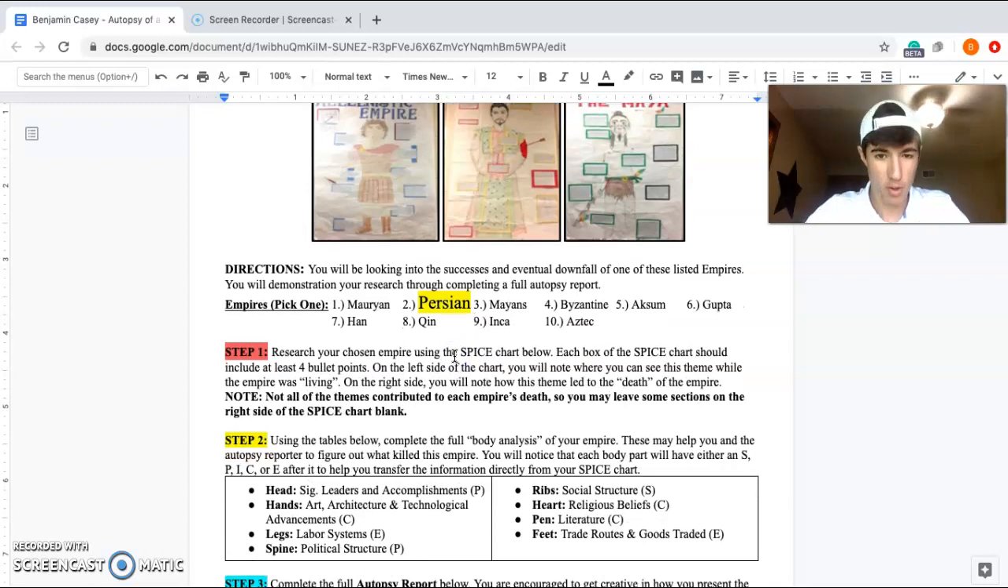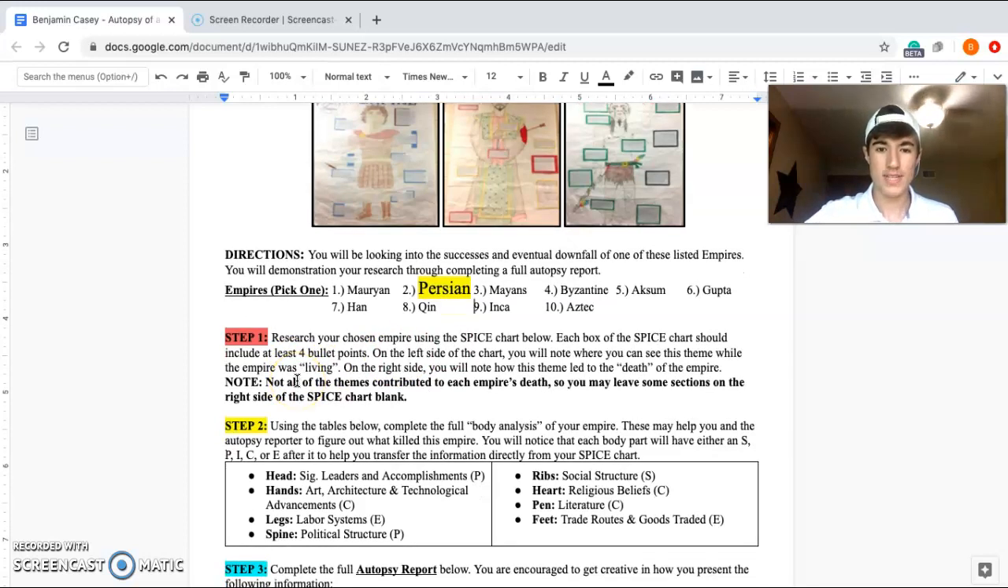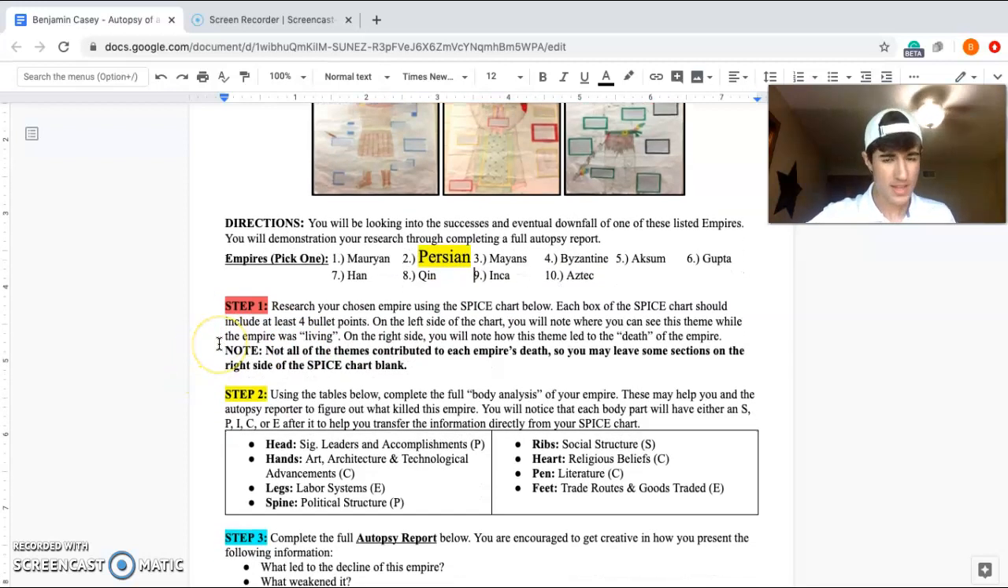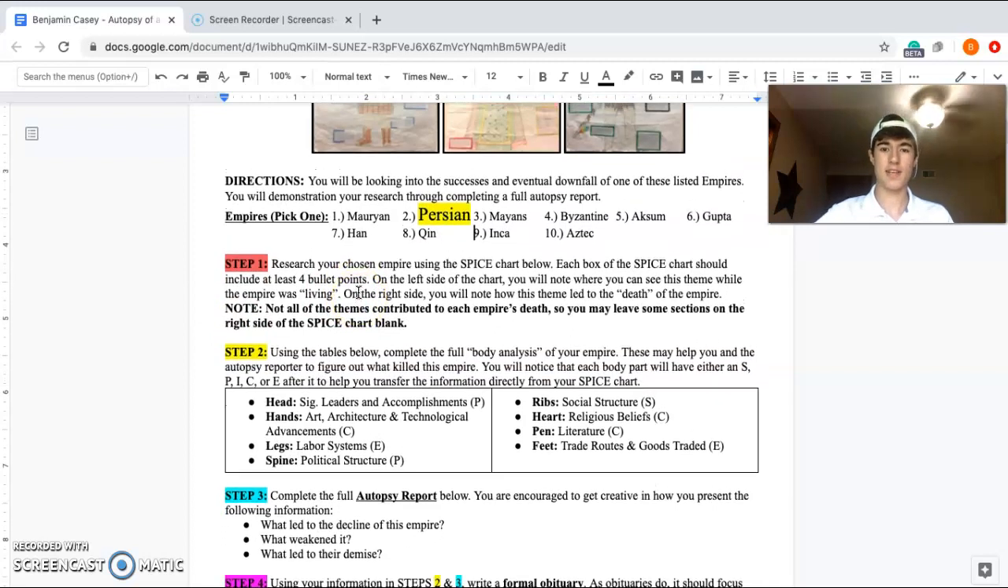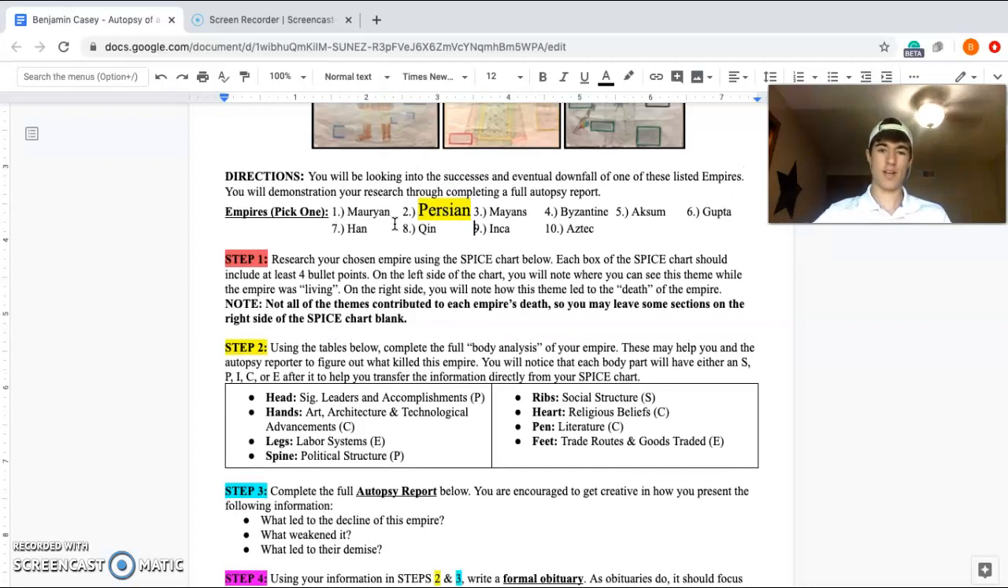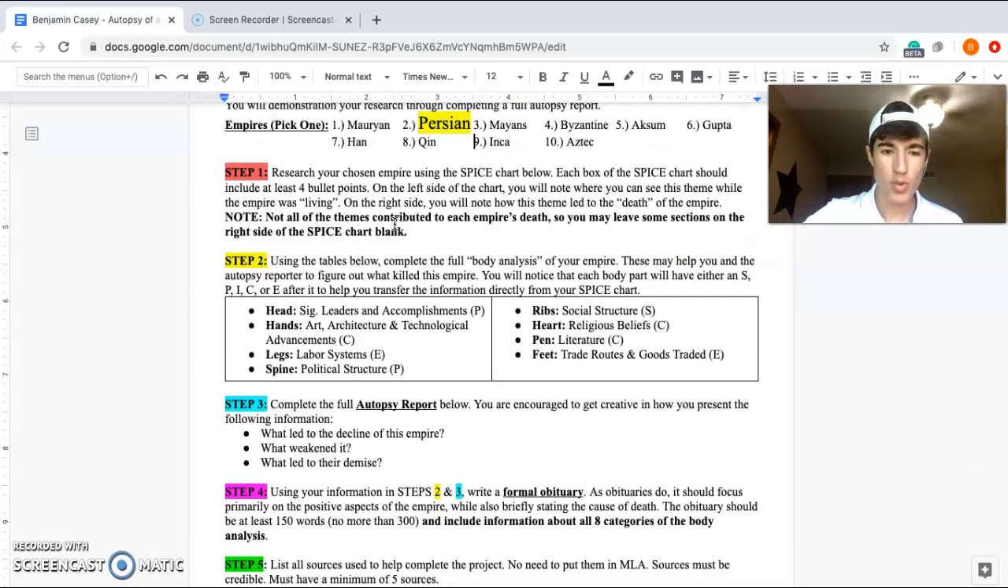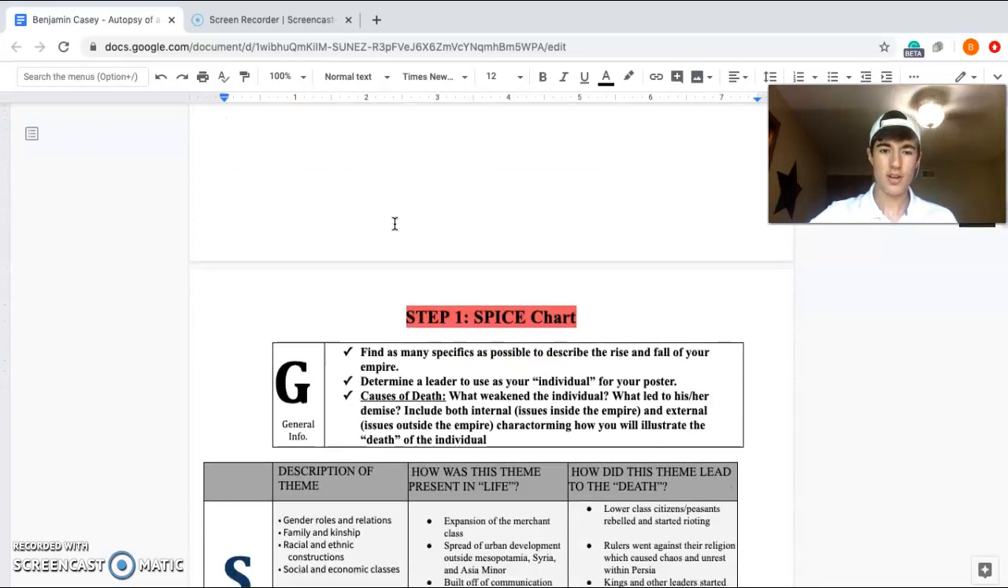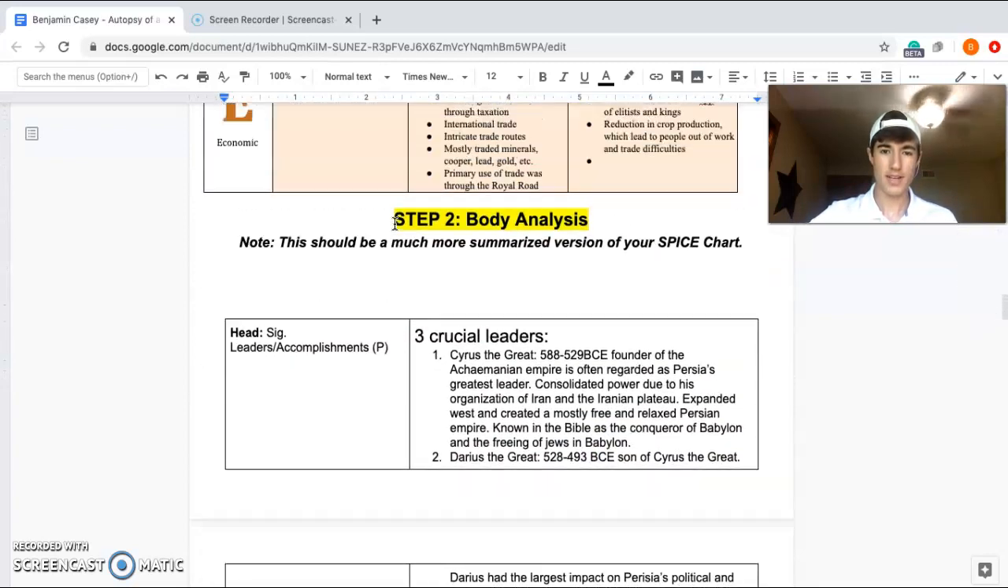So the reason I picked the Persians, I stumbled across them on my Greece versus Rome presentation project, and they were a fascinating aspect as I scratched the surface of the Persians. So I saw the Persian option here. I said, why not take it and run with it? And here we are. So starting right away on the body analysis,